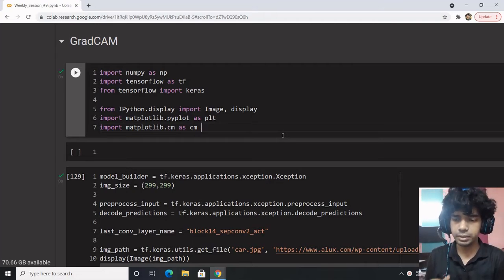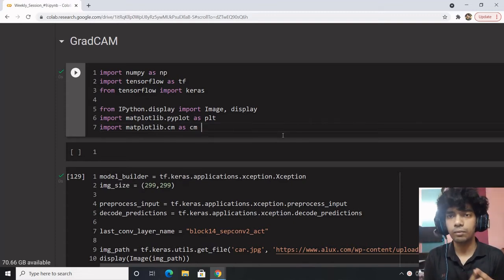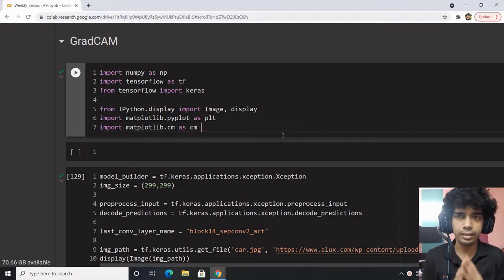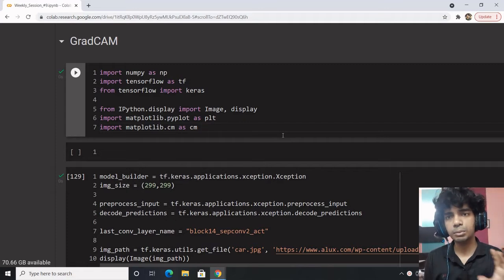Why was this developed? This was developed as a debugger tool. So you need to understand why it was developed and why it was used. That's how you will be able to actually utilize it and understand the essence of it. For classification models, you actually do not have any way to understand. So I'm given an image, right? Let's say for a single instance of any image, that's fine.